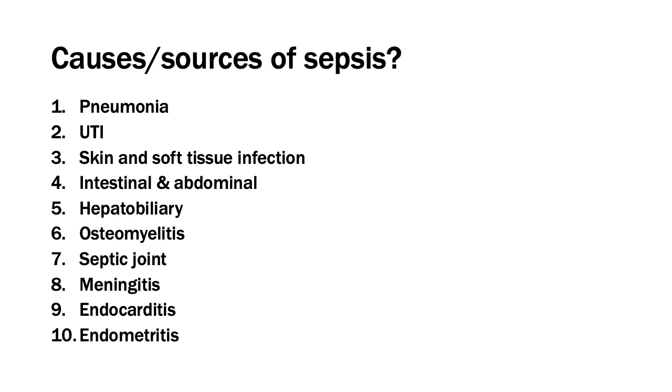Okay, here are what I consider to be the most common sources of bacterial sepsis: pneumonia, UTI or pyelonephritis, skin and soft tissue infections such as cellulitis, erysipelas, or abscess, intestinal infections such as diverticulitis, and abdominal infections such as SBP or spontaneous bacterial peritonitis, hepatobiliary infections such as ascending cholangitis or cholecystitis, and then the less common sources such as osteomyelitis, septic arthritis, meningitis,